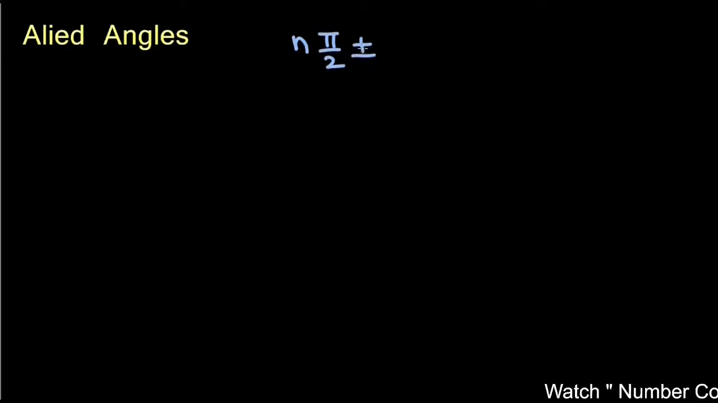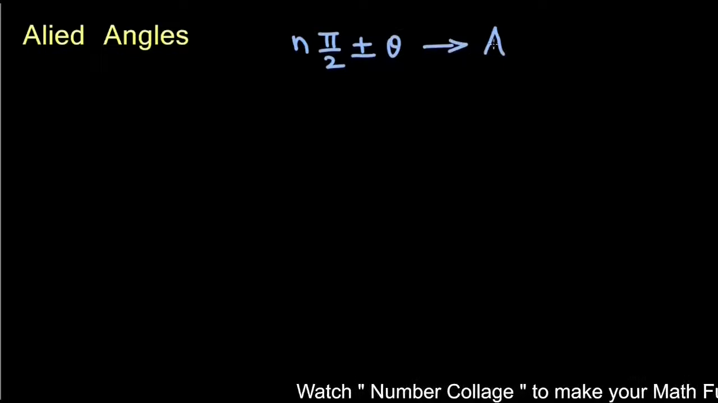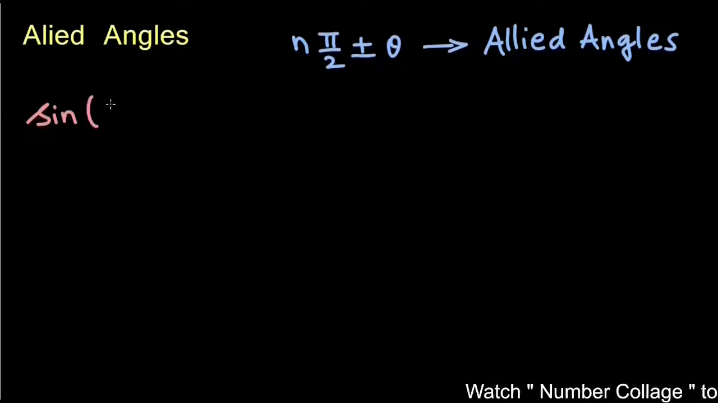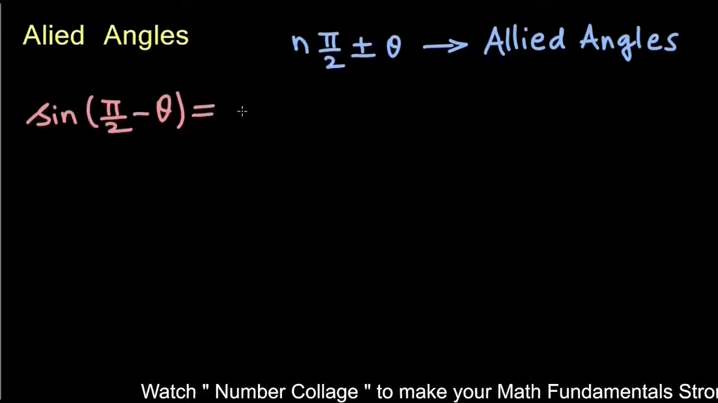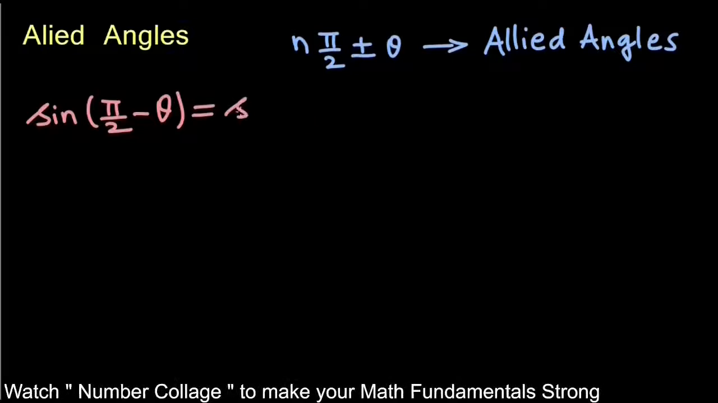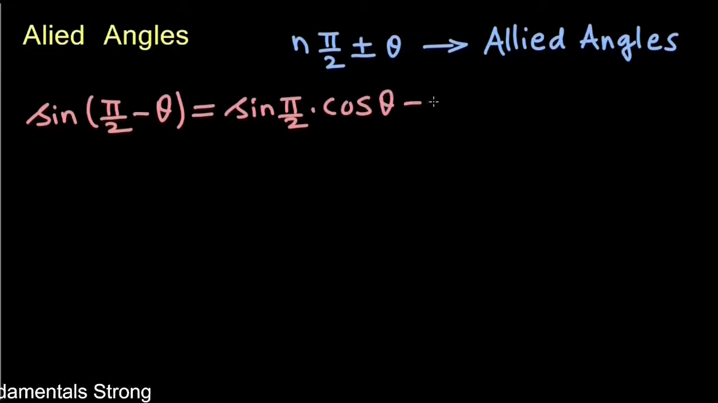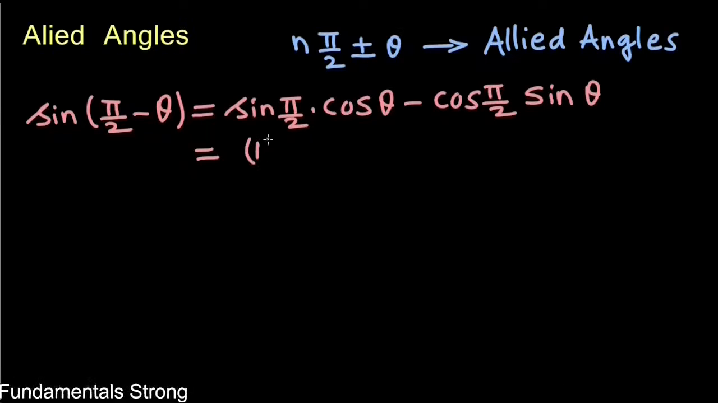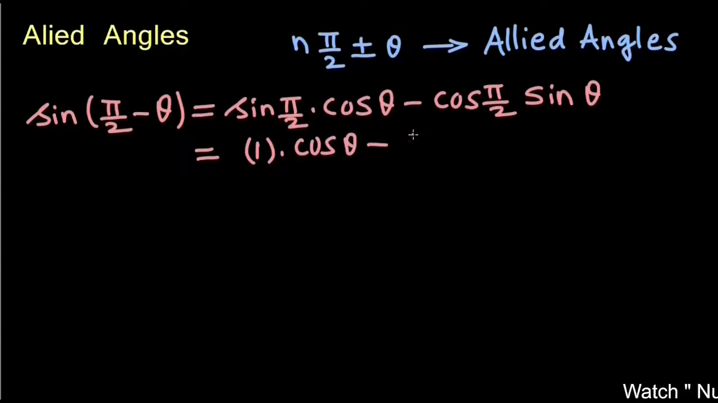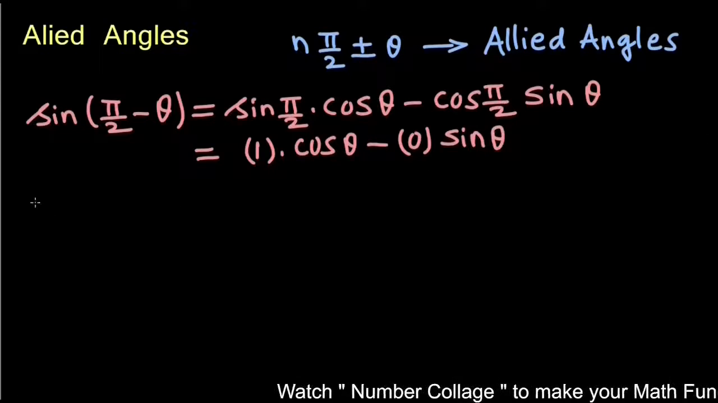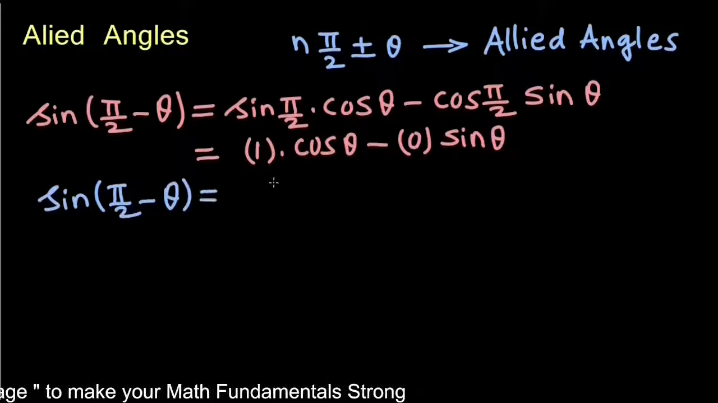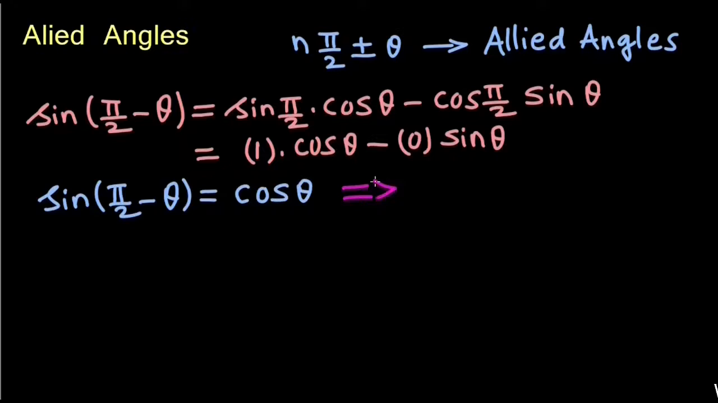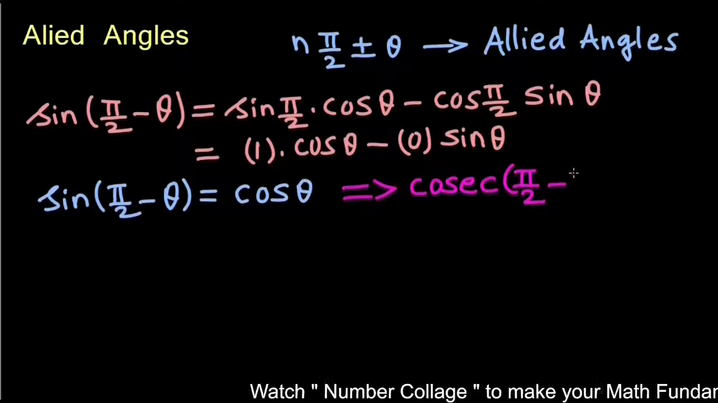Let us understand what are allied angles. Angles of the type n pi by 2 plus minus theta are called allied angles. Find sine of pi by 2 minus theta by addition formula of sine a minus b. It will be sine pi by 2 cos theta minus cos pi by 2 sine theta. Sine pi by 2 is 1, cos theta minus cos pi by 2 is 0, sine theta. Therefore, sine pi by 2 minus theta is cos theta, which also implies cosec pi by 2 minus theta as